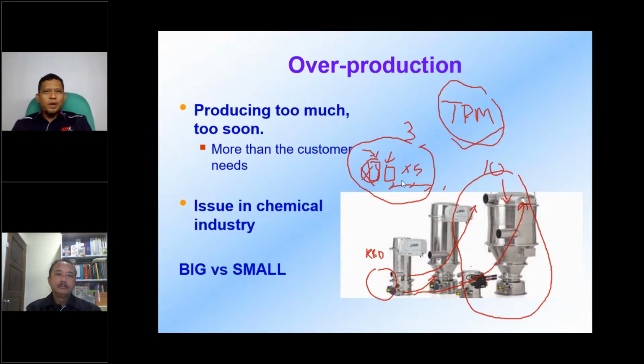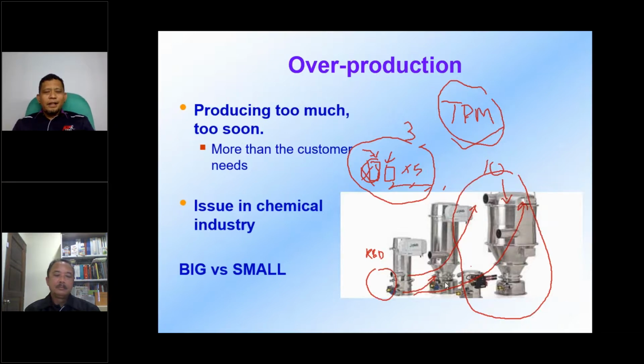So we can have a smaller one. We can run at a higher RPM. The reaction should be much faster. Instead of maybe 6 hours, if using a smaller scale, it can actually be half of it. Because the temperature can be raised faster because it's small. Pressure, you can raise it up faster. The speed of the agitator can be faster. So the reaction time will be faster, and then you can produce more, instead of having this big one,